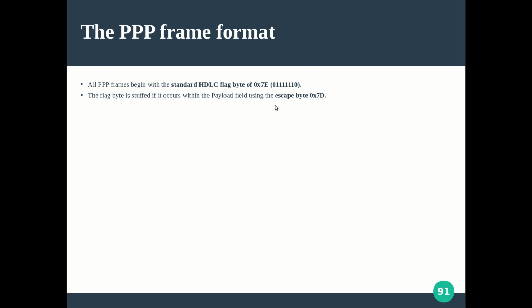Now the frame format, all the things I explained in the previous slide are listed here, so just go through it. The special flag used at the beginning and end of the frame is something we have already seen, the hexadecimal value 7E, that is 0111 and 1110, so 0 followed by 6 ones and 0. Now the flag byte is stuffed using an escape if it occurs in the original payload. Now something extra I want to tell you is particularly in the point-to-point protocol.